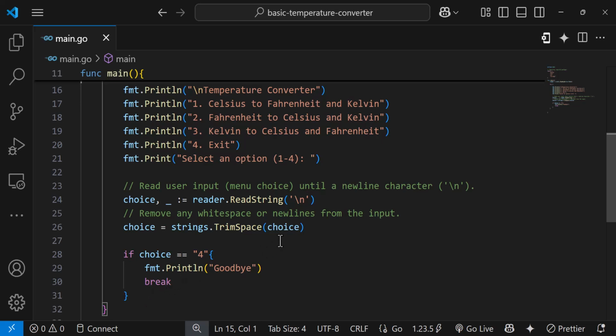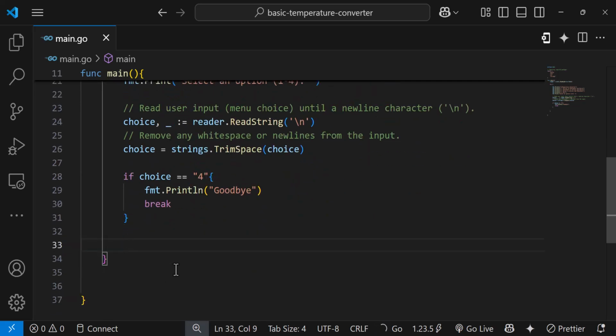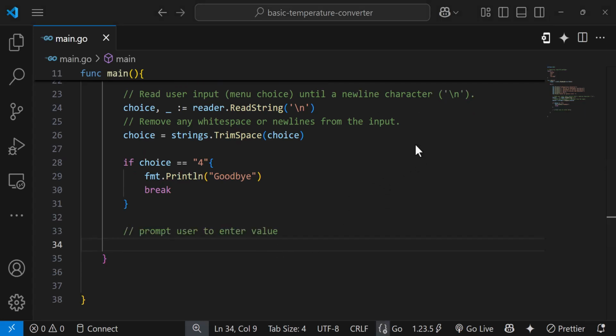Now let's continue and see. In case the user selects apart from the 4, then we should tell the user to enter that value for that temperature he wants to convert. Great. So we are prompting the user to enter the value for the option that he has chosen. Now, so we will say